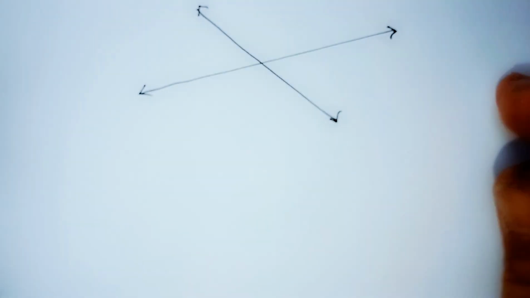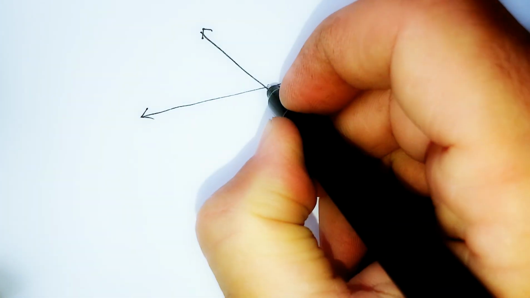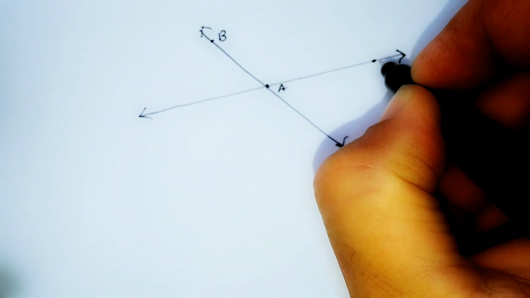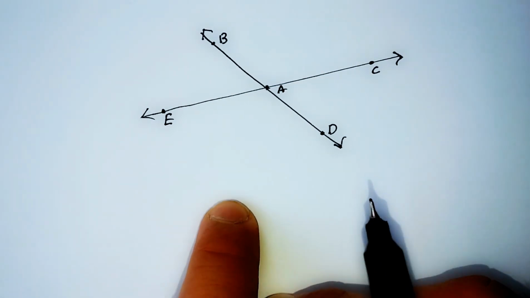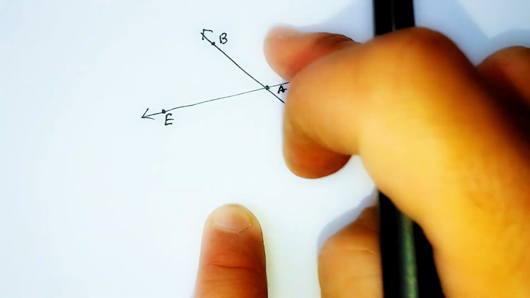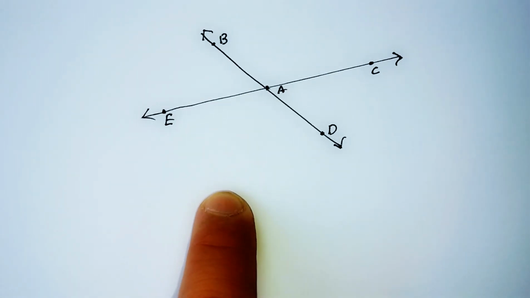Okay, so let's go ahead and do our little diagram. And we got to put arrows on here because this needs to be extended. Okay. And again, let's do a B, C, D, E. And I'm going to describe each of these particular angles not as a whole number, but something with